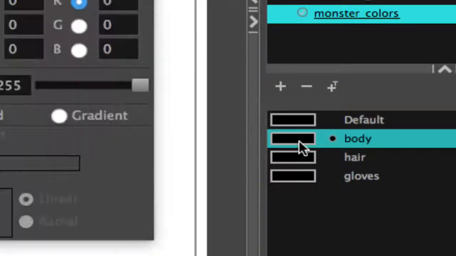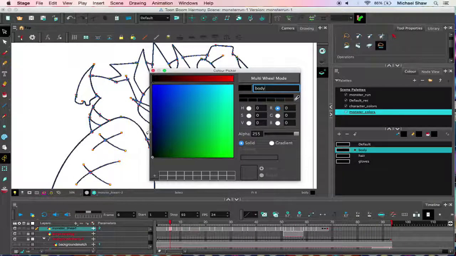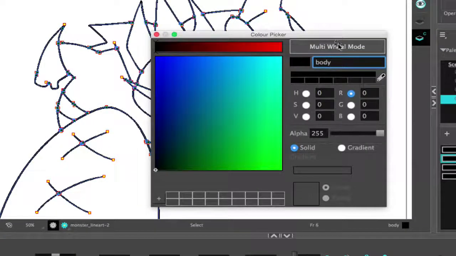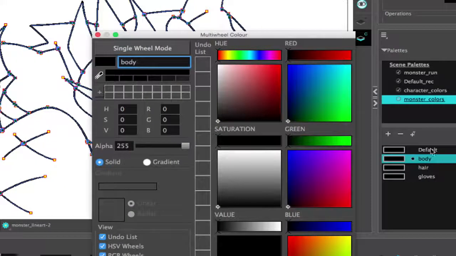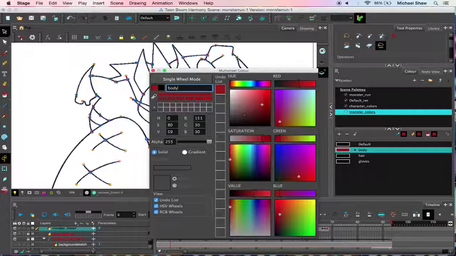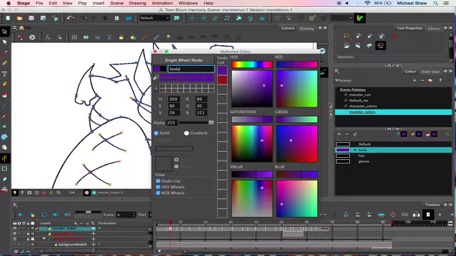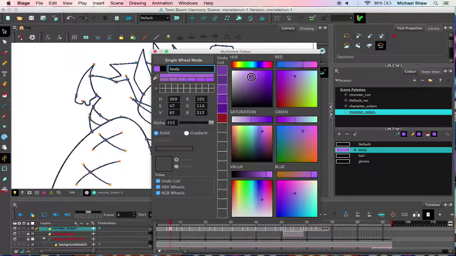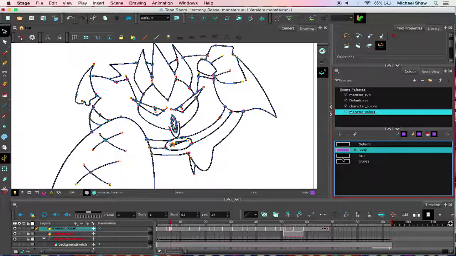You can double click as you've done in the past, and you have two different wheels that you can use to select your artwork. You can have a single wheel mode or kind of a multi-wheel mode. I like using the multi-wheel mode because I feel like I can get a little bit more specific with the colors that I'm using. So just for this, let's say I want to use, I don't know, let's use a purple just for now. So let's say I want this character to be purple. I'll pick purple,